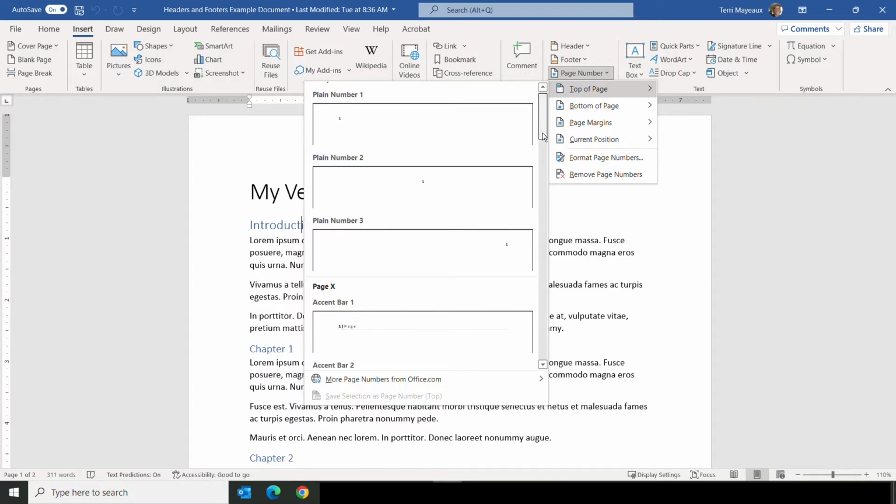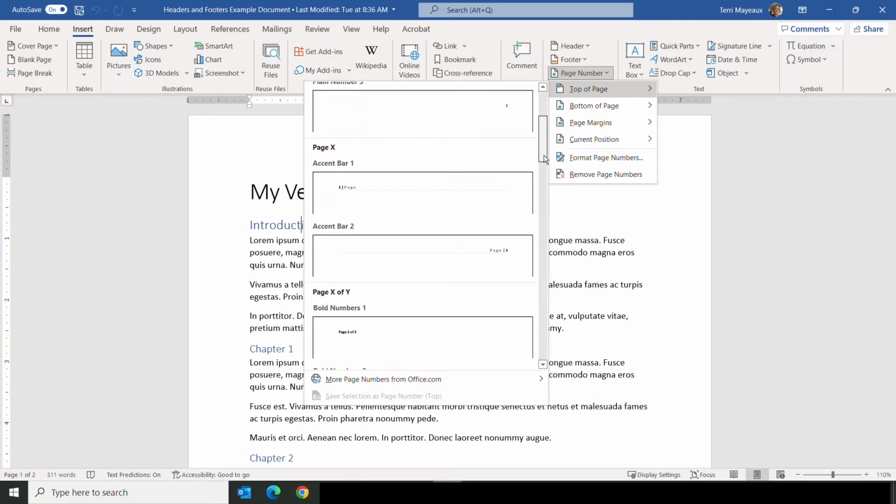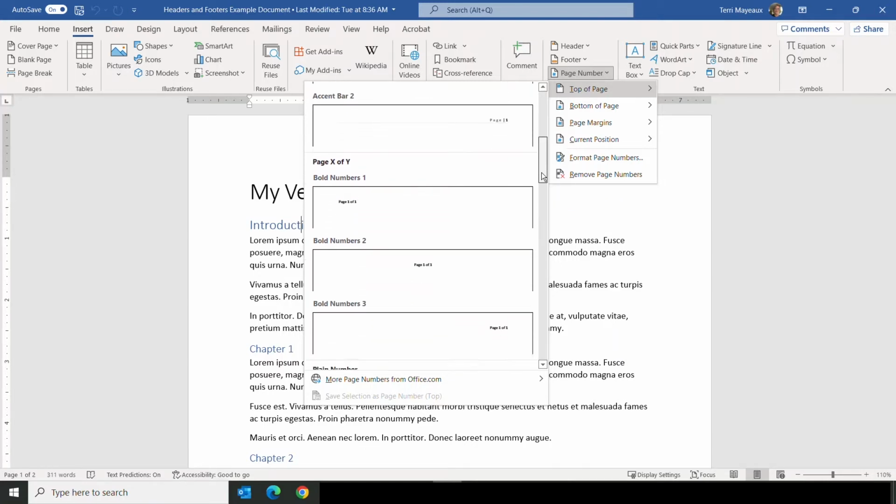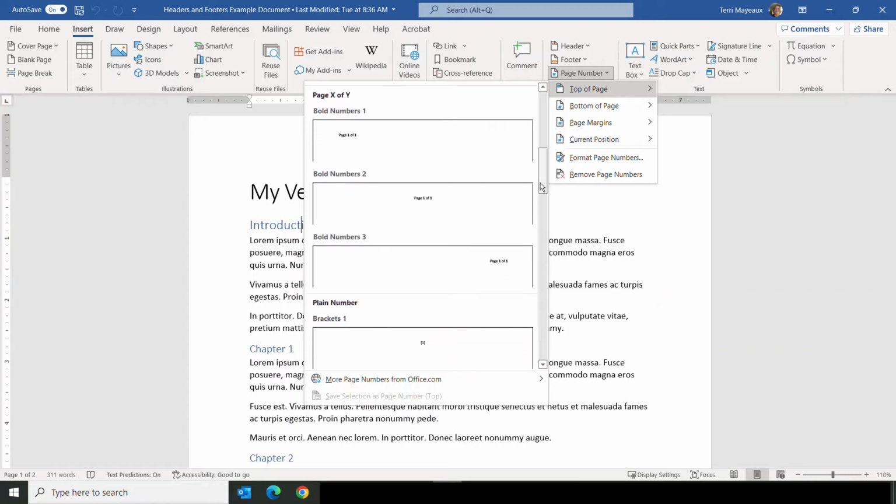I can get a little fancier here with the formatting. Here is, for example, an accent bar, so it has the page number and then a vertical bar and then the word page. And we have accent bar 1 and accent bar 2 scrolling down. One that you see quite often is this page X of Y. So basically it's page 1 of 1 for our example. And again, we have a placement choice of in the upper left, in the sort of upper central part of the page,